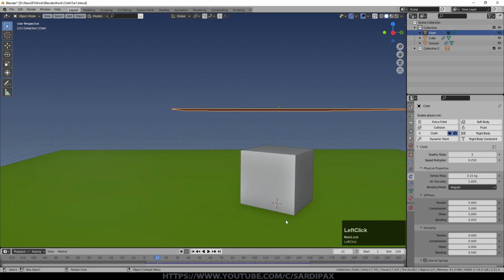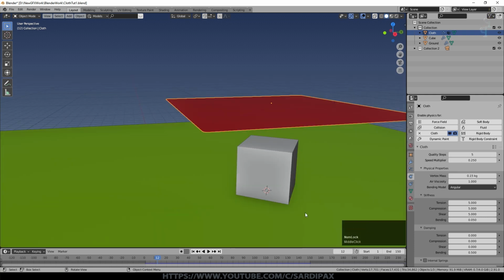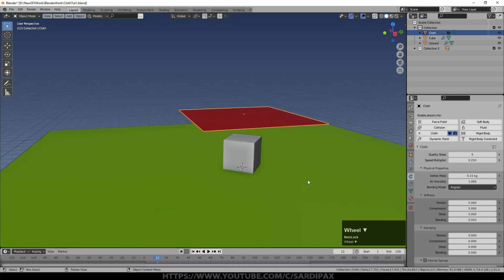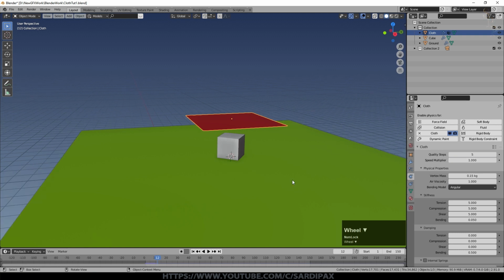And so sometimes if you really are having a lot of problems getting your simulation to work without flying off in strange directions, adjusting the speed modifier to a slower modifier may be the way to fix it, even if you then need to run the resulting animation faster in order to get the speed of the simulation that you want. In other words, you might run it at quarter speed when you do the simulation, but once it's baked you can then turn the speed of the animation up to 4 times normal speed to get the normal speed that you would want for your animation. So we'll put that back to 1, and then we'll talk a bit about forces.